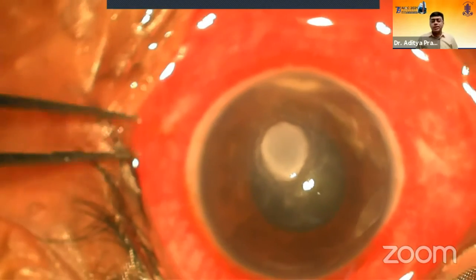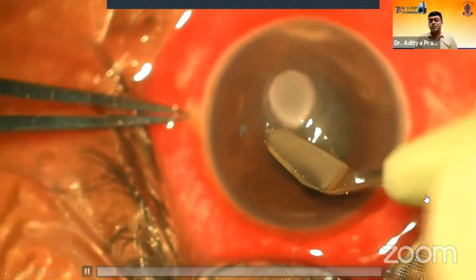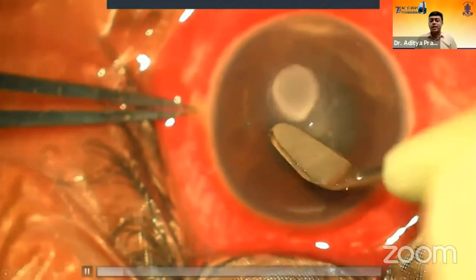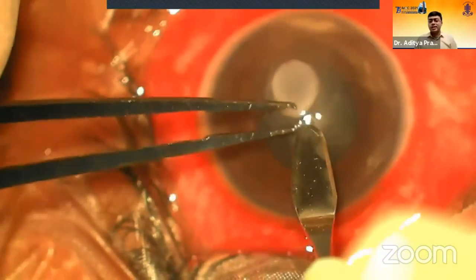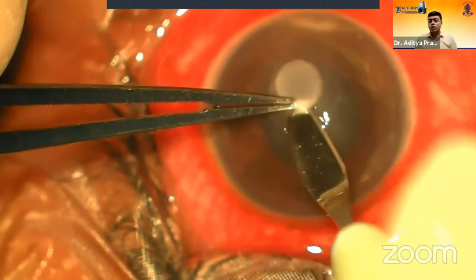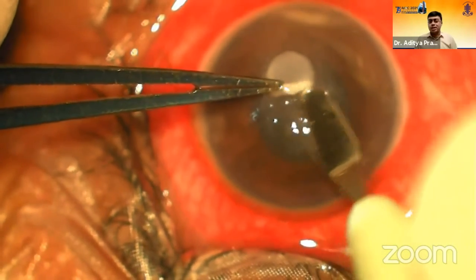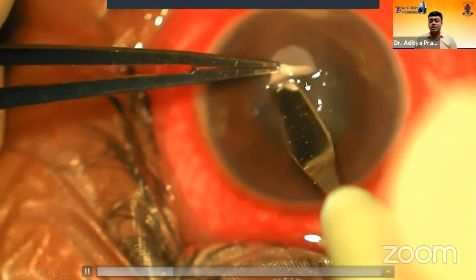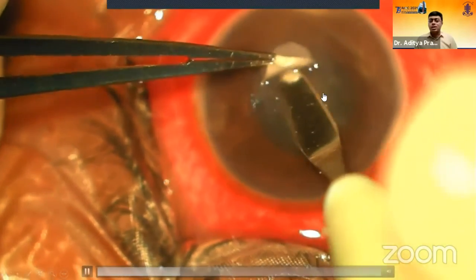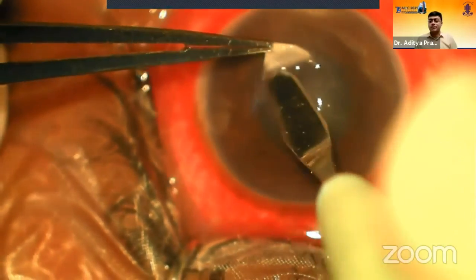So this video is showing this person presented to us with 3 weeks of history of this non-resolving keratitis. He was treated elsewhere. So I saw this densely adherent plaque on the slit lamp. I decided not to scrape on the slit lamp, but instead I took him in the OR, and you can see it is so easy to find a plane of dissection because the tissue is edematous. You just lift off slowly this entire plaque from the ocular surface.